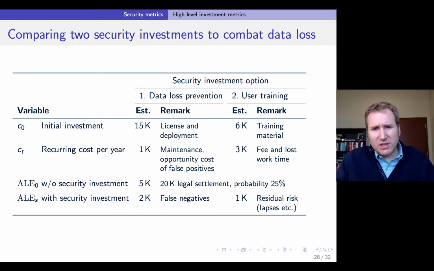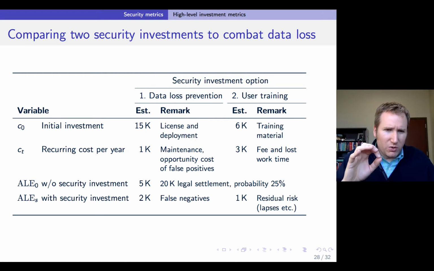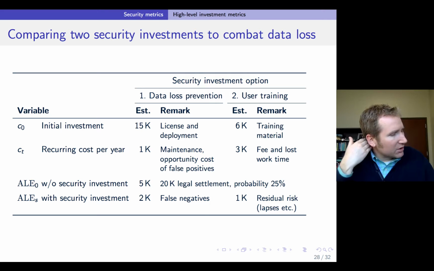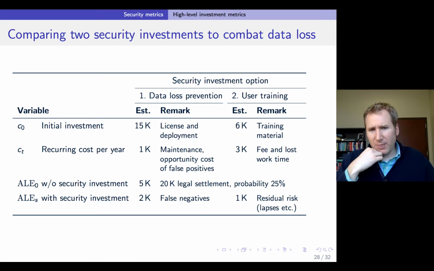So it's a technology. It has a higher initial investment, but relatively low recurring costs. Once you've deployed the system, you have to pay for maintenance and maybe ongoing expenses. So we're going to set that as the initial investment is $15K, the recurring cost per year of $1K,